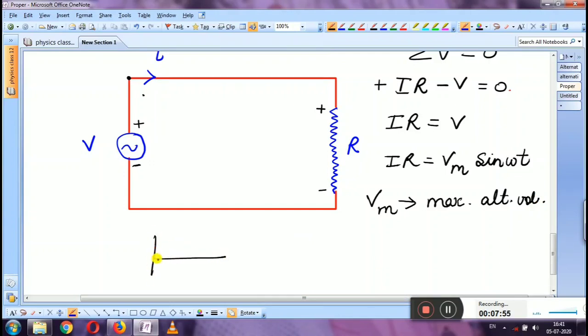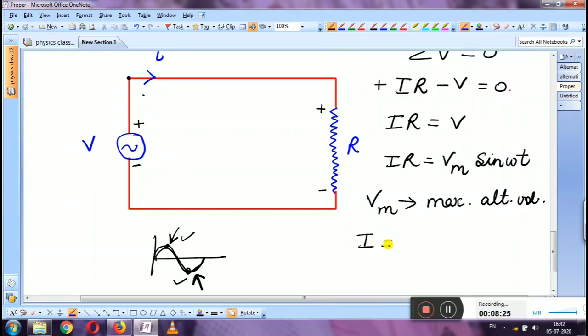You have seen that alternating voltage can be represented like this. If alternating voltage follows this, then it gets its peak value two times in a cycle. As you can see, one time here and the second time here, one time on the positive side and second time on the negative side. This is only this Vm. Vm means maximum alternating voltage.